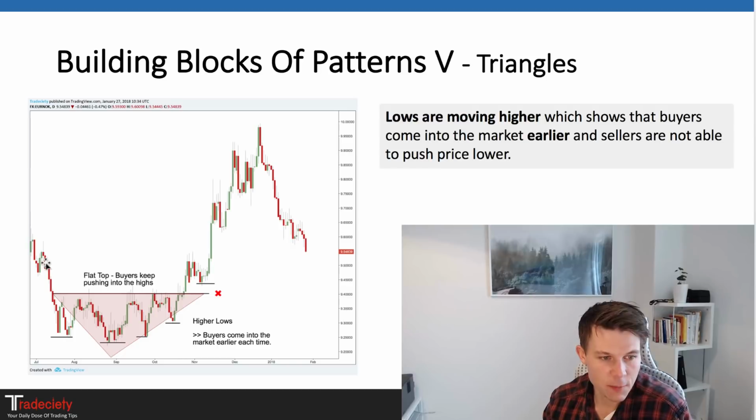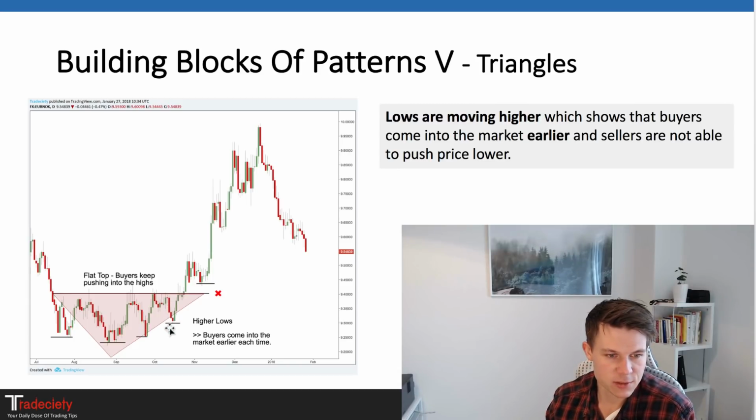Triangles are essentially the same. It can also be something like head and shoulders. From here to here, we barely break the previous lows. We just barely make a new low here. Then on the right side of the triangle, we make a higher low, and at the same time, the price is always pushing into the same support, the same resistance. This is a flat top triangle, and then we break it. We make a higher low here as well, and then you can see what happens afterwards. So you can see already the buyers are coming in earlier and earlier. The sellers are not able to push price lower and lower. And that's also how you can use this principle.